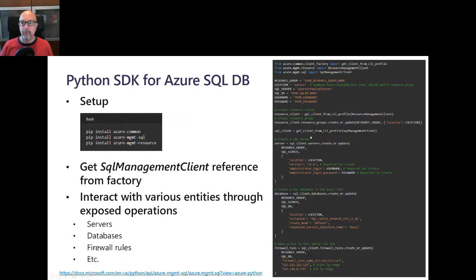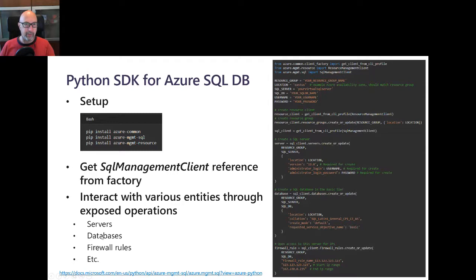And then what you need to do in your code is basically get a reference of this SQL Management Client class from the factory, and then you can interact with all the entities that are exposed in the SDKs, like